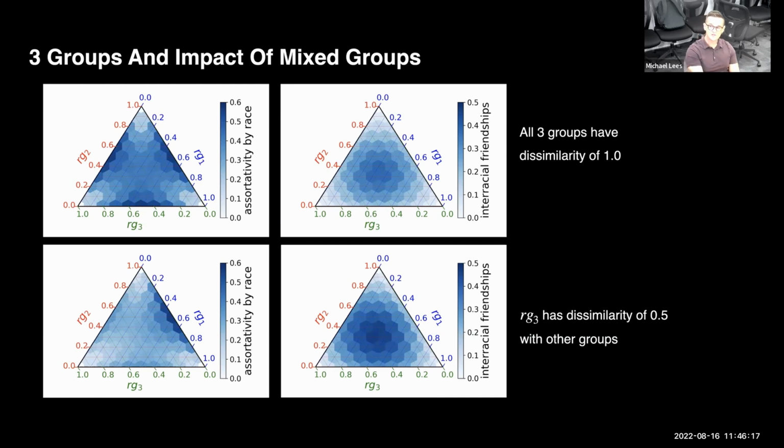So we also did the same thing here. We had this homophily or dissimilarity measure between the two groups. And we made a very simple assumption that for these mixed race groups, instead of being a distance of 1, you're now a distance of 0.5. And indeed, what you see is that in this case, race group 3 has an effect of dampening segregation in the classroom.